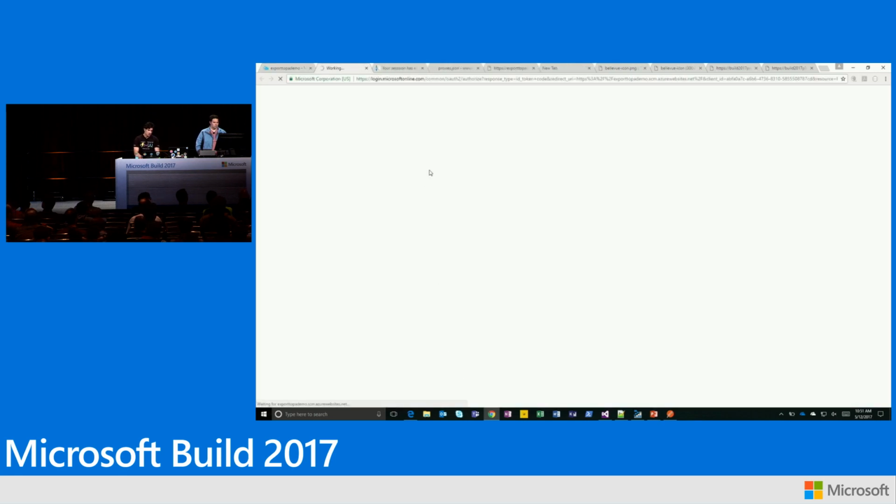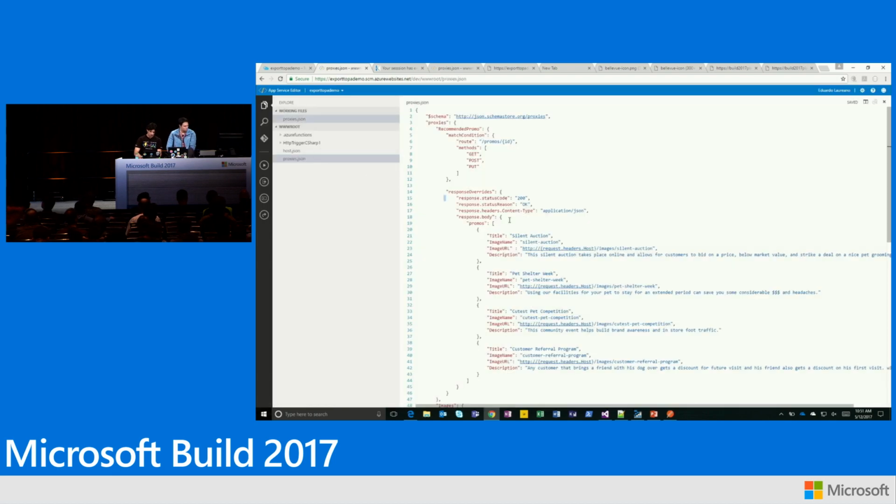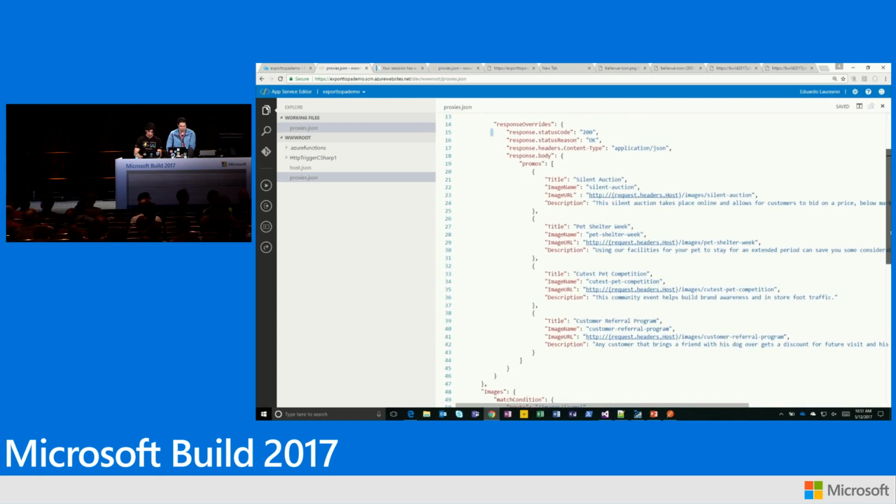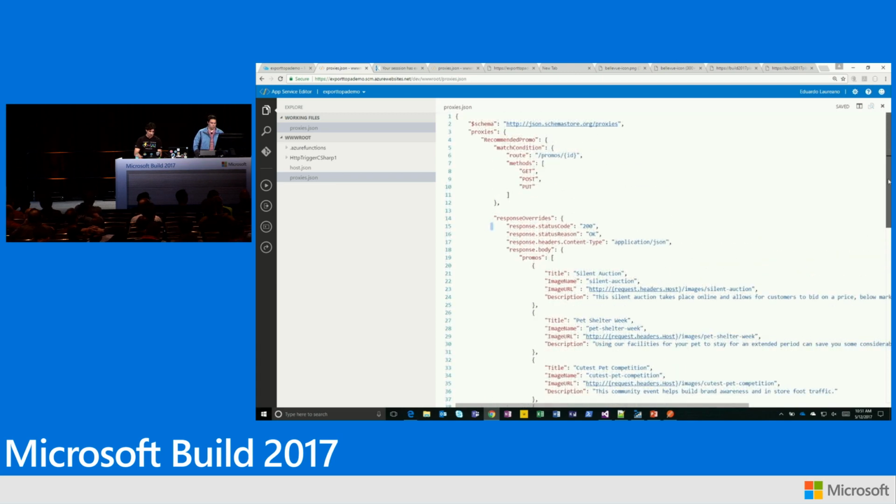All right. So this one has a mock in it that I want to show you. And while it's authenticating here, let me show you this one. Okay, so let me increase the font. So here's one that we did to return, as we're building some of our APIs, to return some of the promotions. So what we did on the response override was we configured the status code, the type of response, and we altered the body of that route.